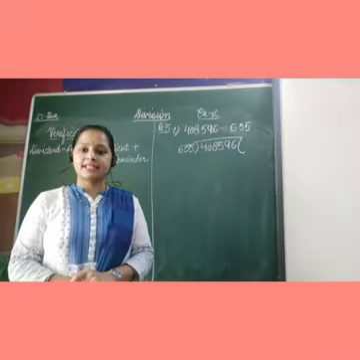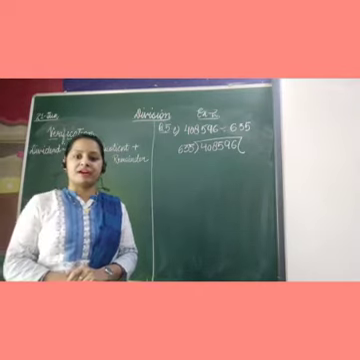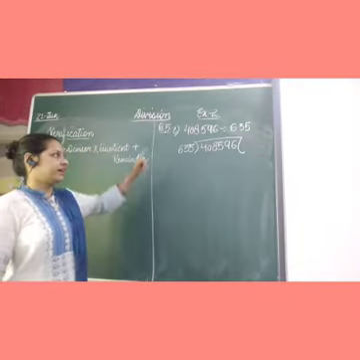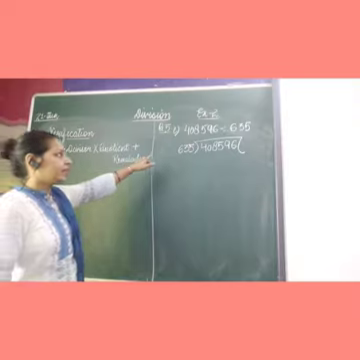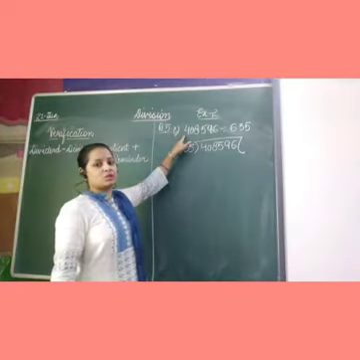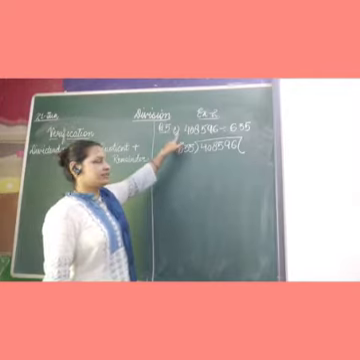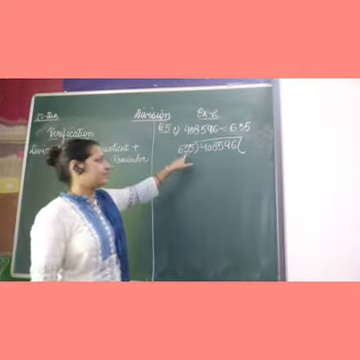Now children, let's see division with the help of an example. Exercise 2, question number 5, part C. 4,08,596 to be divided by 635. The number that is to be divided is called the dividend, and the number which divides the dividend is called the divisor. So here 635 is the divisor and